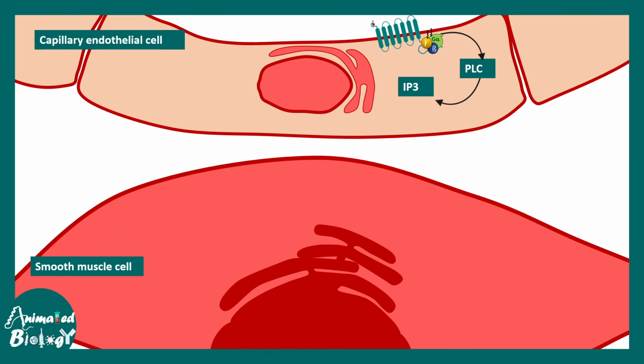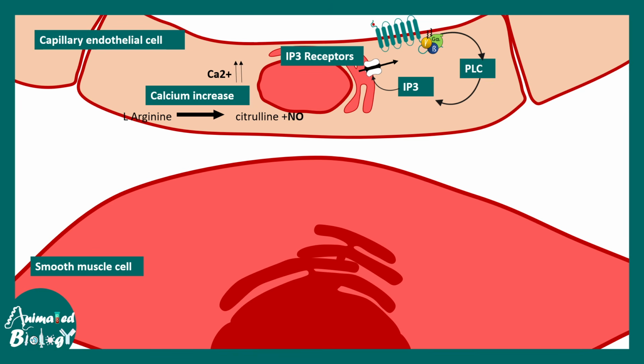So upon activation of a signaling cascade, phospholipase C and IP3 are generated. That leads to activation of IP3 receptors, which elevates calcium in the capillary endothelial cell. Now elevated calcium leads to conversion of L-arginine into citrulline and nitric oxide. This nitric oxide now can